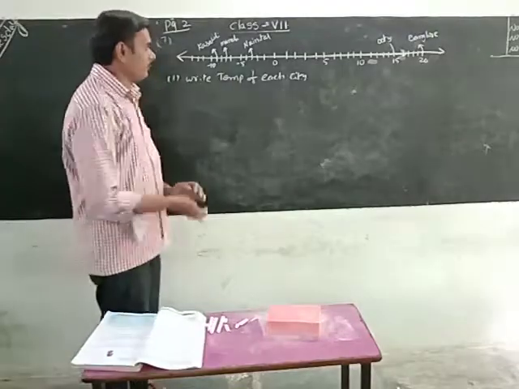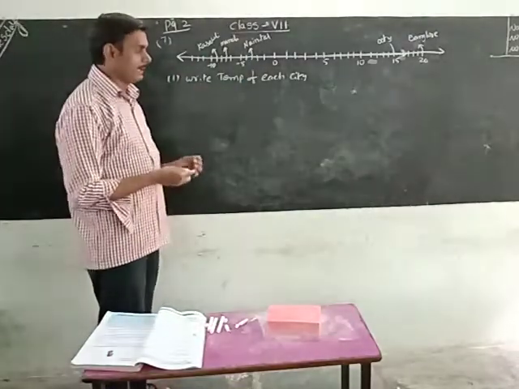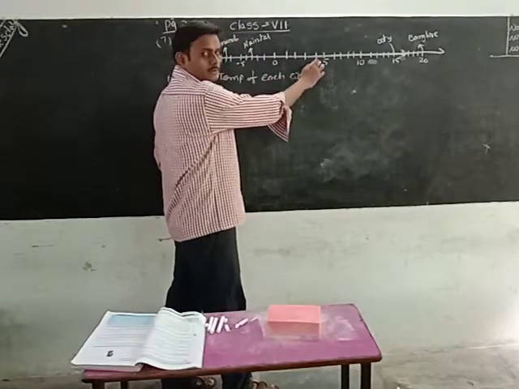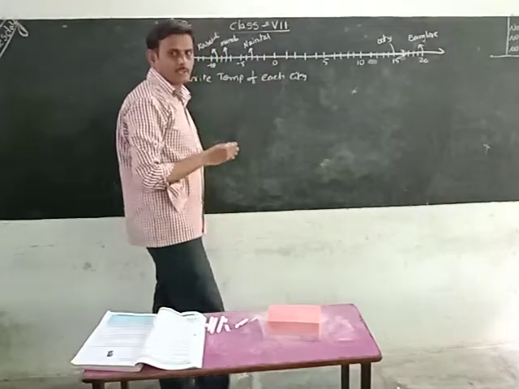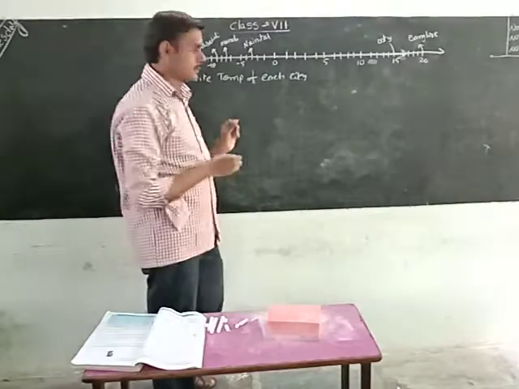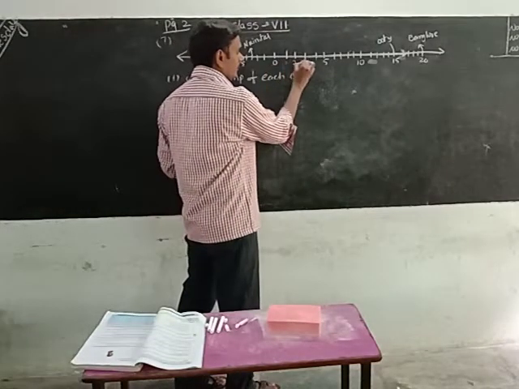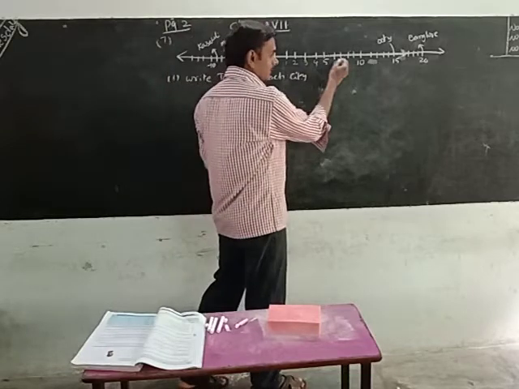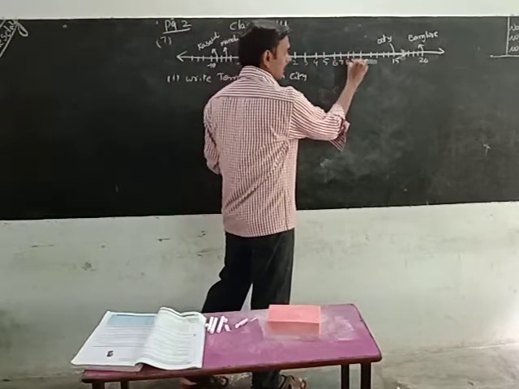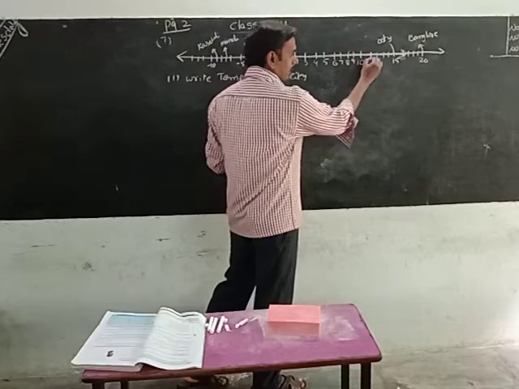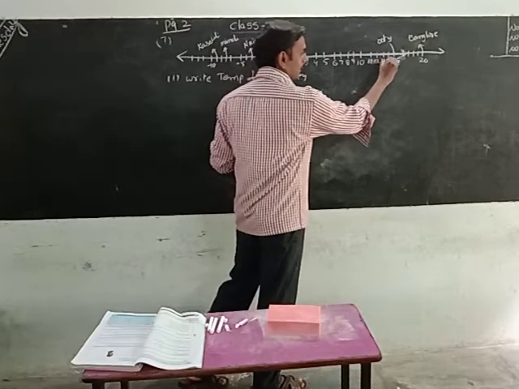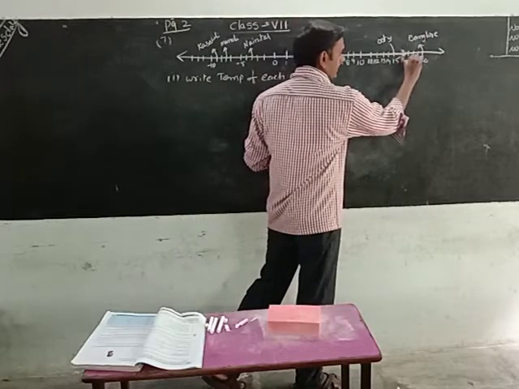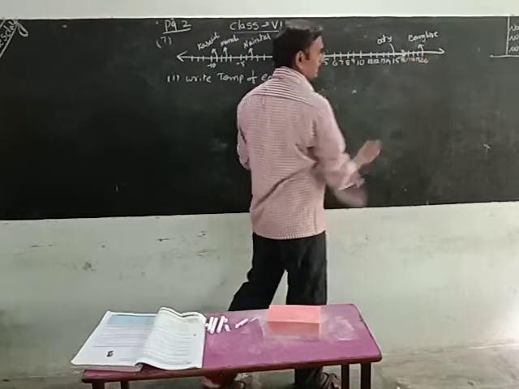Before going to that one, we have to complete this number line. Okay, after 0 some numbers are empty. Numbers are not mentioned there. We have to write the numbers first. After 0 comes 1, 2, 3, 4. Next 5 is given. 6, 7, 8, 9, 10. 10 is given. 11, 12, 13. That means missing numbers already. 14, 15, 16, 17, 18, 19.